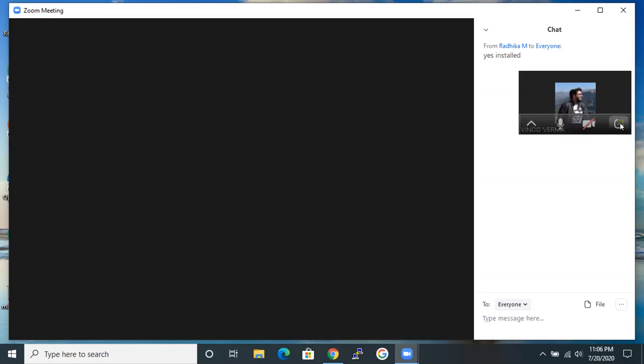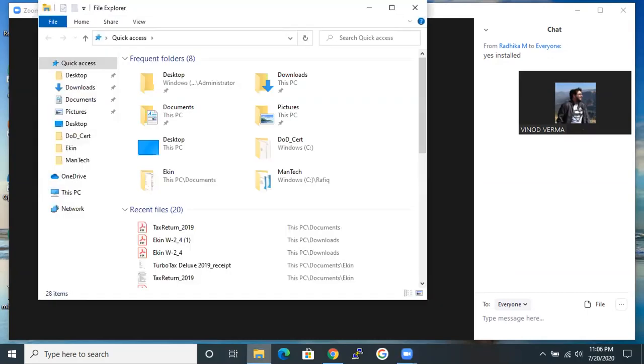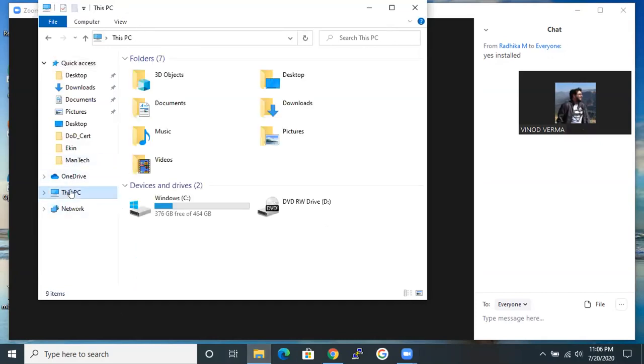I think you just click on that folder instead of that. Leave it. You click on the folder. Yeah, that's fine. Now you go to your drive, C drive, this PC. And you have C drive only.